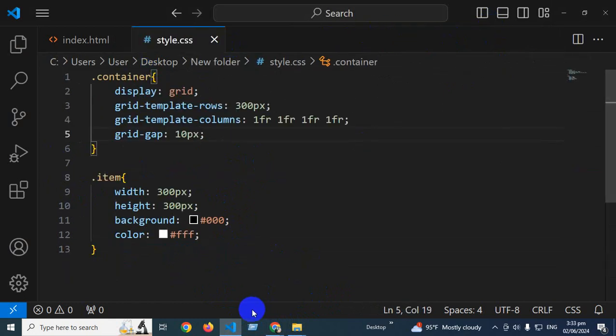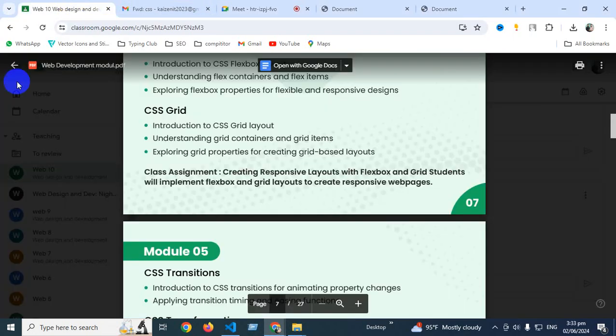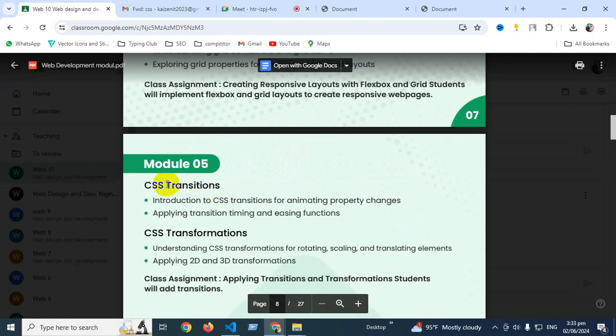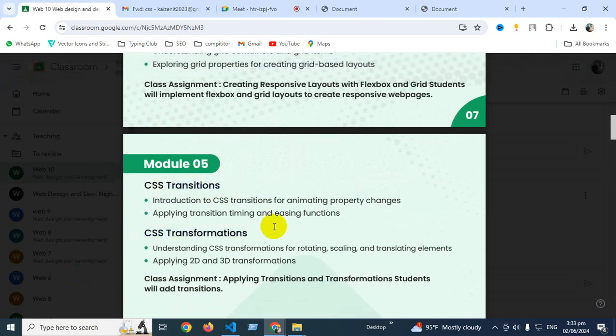So that's the grid. So let's move on to the next topic, which is transition and transformation. Another two CSS properties which will be used for making animation and 3D or 2D transformations. That means, let's set